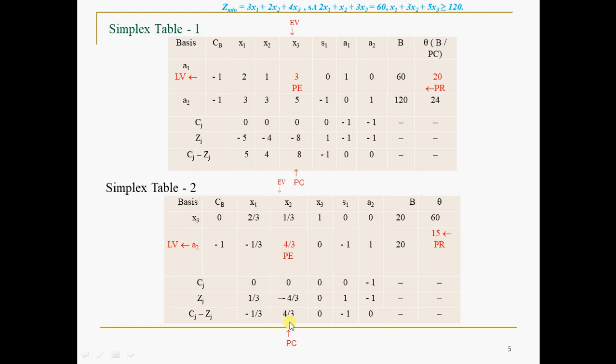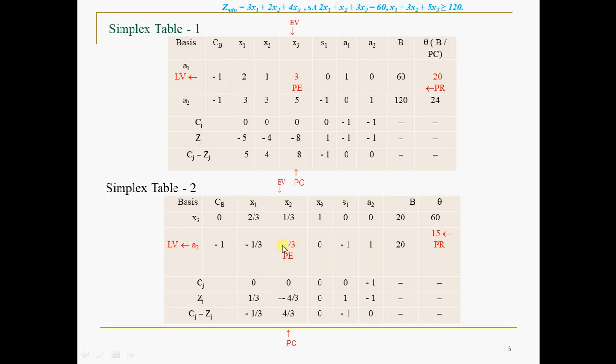While going from one simplex table to another simplex table, three things you have to remember. What is that? You have to replace LV with EV, fine, from the previous table. Second, you have to keep the pivot element as 1 and the other elements in the pivot column, for example here, the matrix portion is this and this, you have to nullify or make 0. So in the next simplex table, that is simplex table 3, A2 should be replaced with X2. That is one thing.